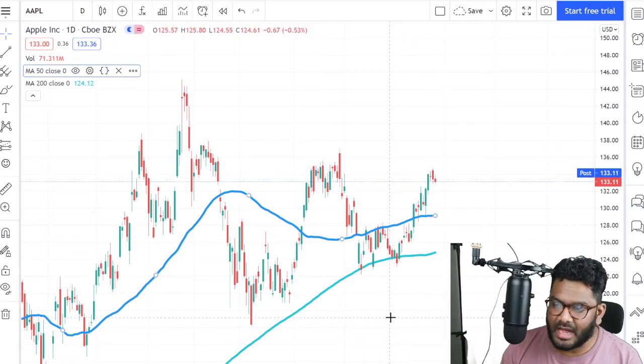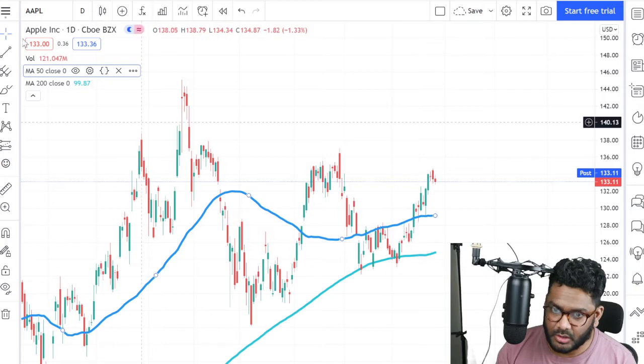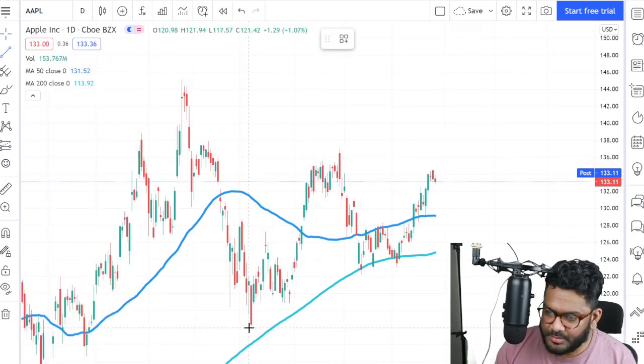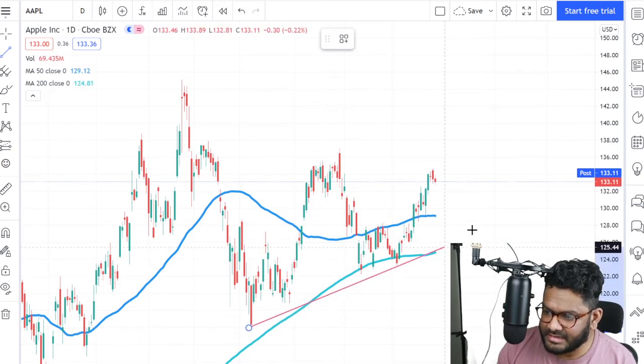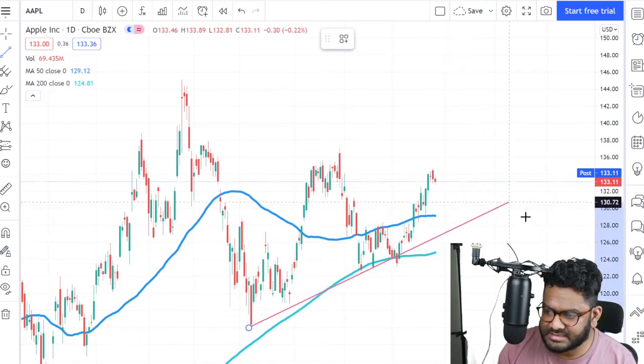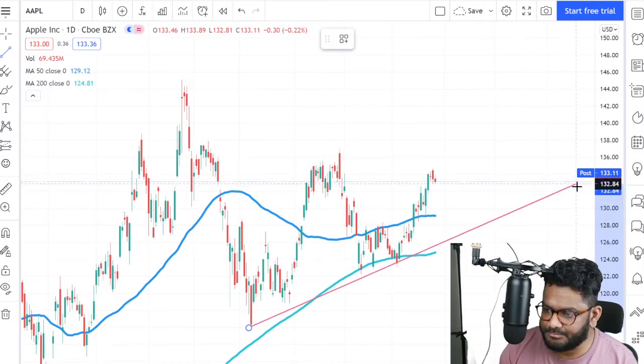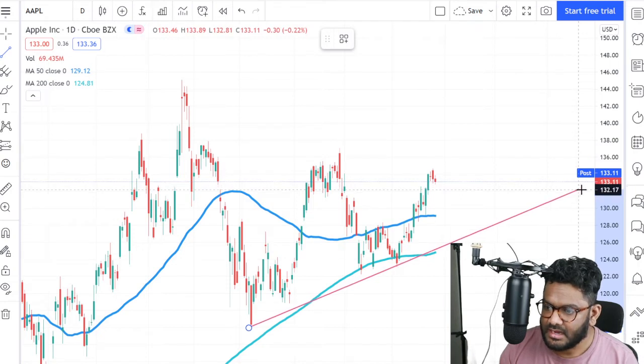And by the way, Apple looks really interesting at this point. You can simply draw a trend. I don't want to do these things, but I just wanted to show you. People are asking what trend lines are and how we can use them. Guys, this is nothing actually. There is no scientific proof or data backing on these matters. However,